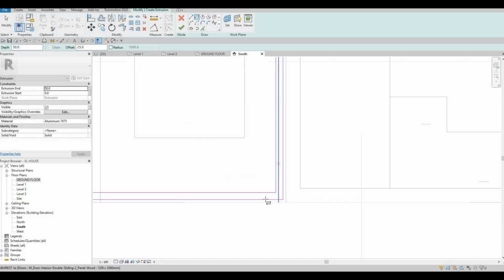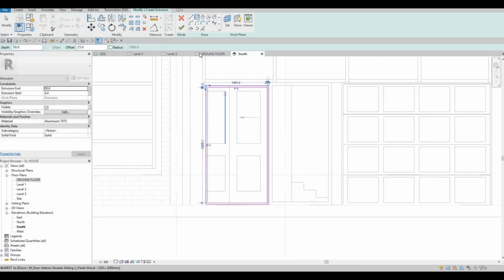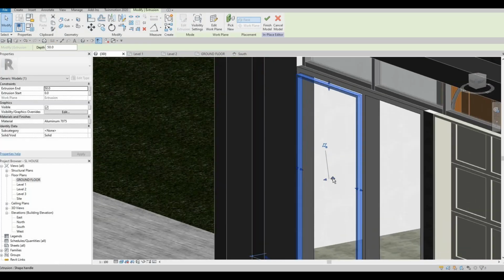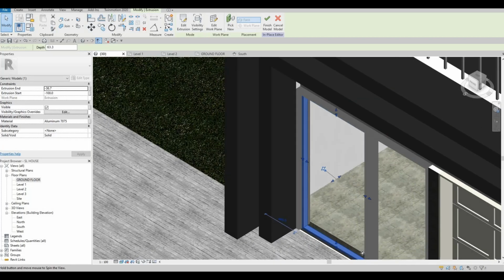So that's the casing for the door or the gate. Click on finish, and then look at it at 3D, pull it back. So we have our case now,